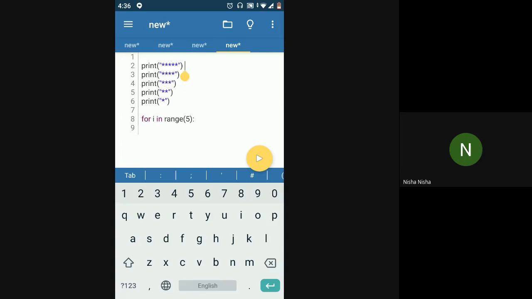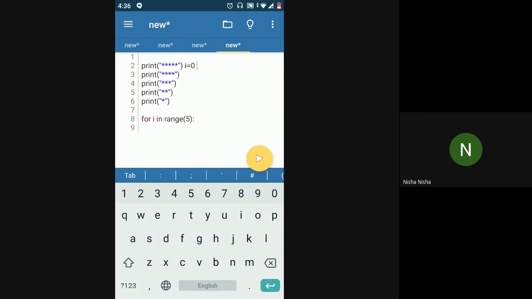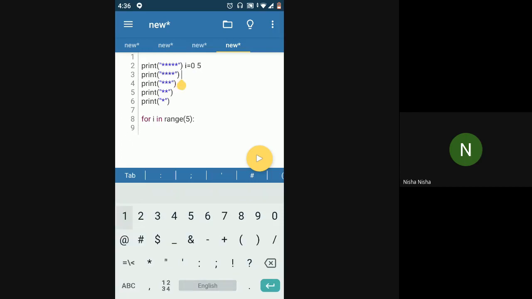So at least we know right now that I have to find a relation between the number of stars present on each line and this variable I. If I is equal to 0, I require 5 stars. If I is equal to 1, I require 4 stars.